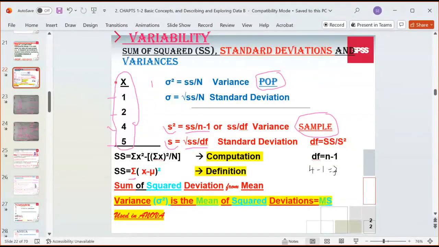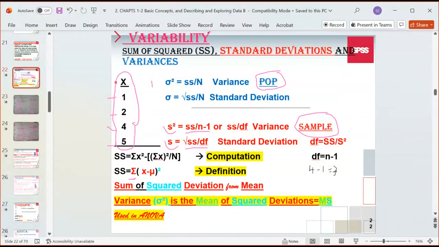There is another way to calculate the SS, which is called computation, which has a formula. A lot of students find that the computation is easier because it's very straightforward. All you need to know is what is x squared. So keep in mind the data that you have, and I circle, are x. And if you add them up, which will be 12,